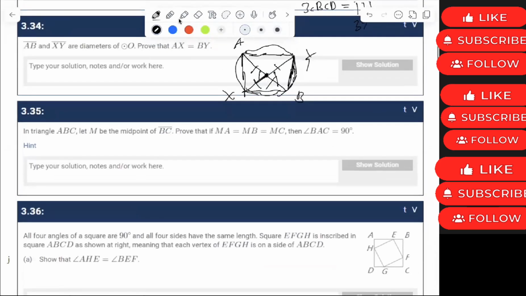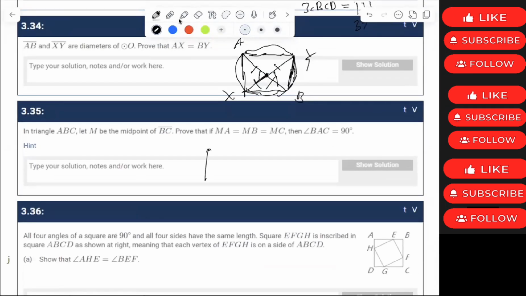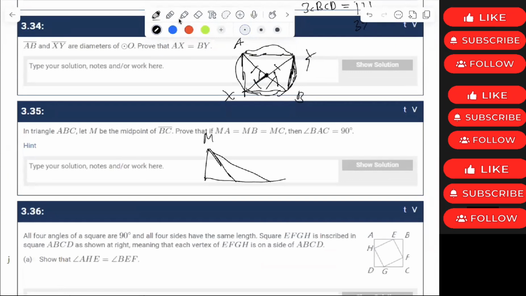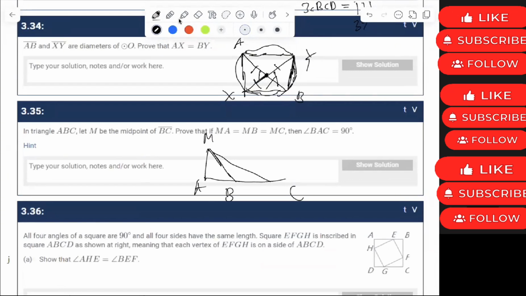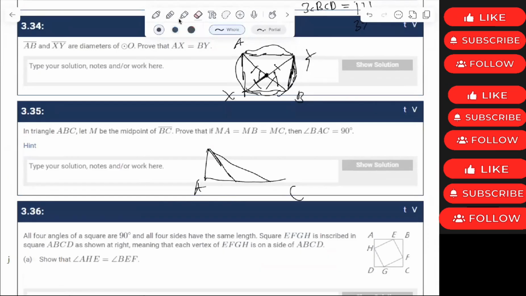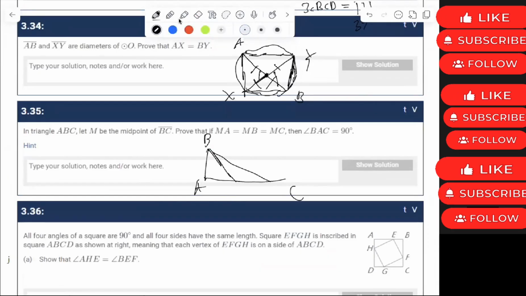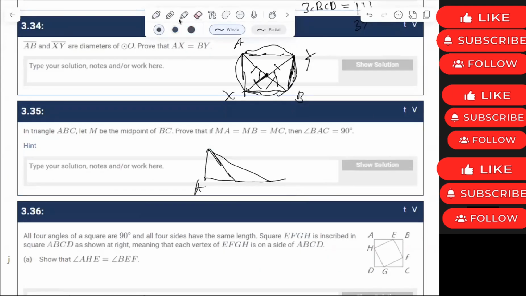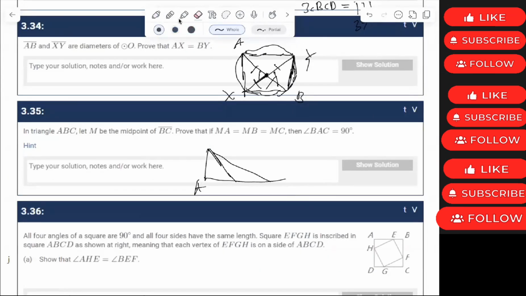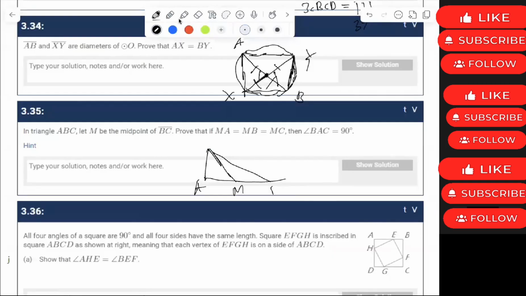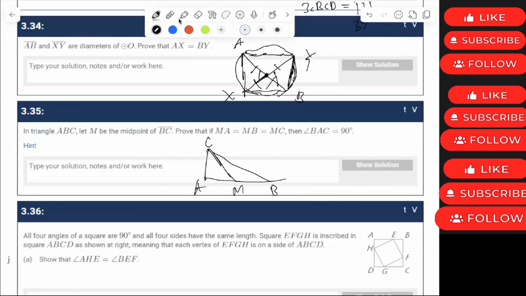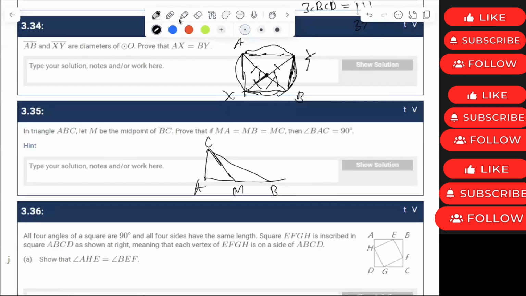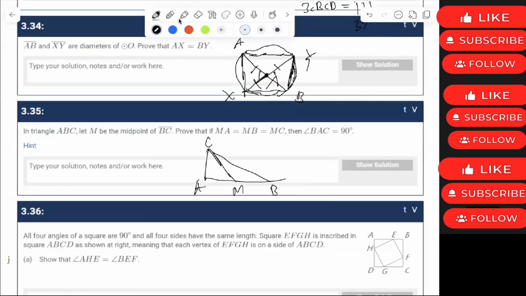In triangle ABC, M is the midpoint of BC. Show that if MA is equal to MB is equal to MC, then BAC is 90 degrees. Well, this is not that hard to prove. If MA equals MB equals MC,